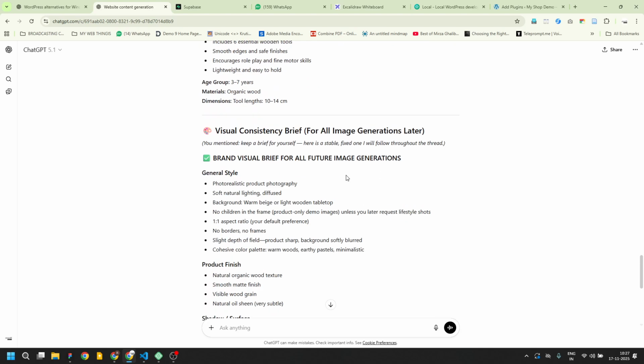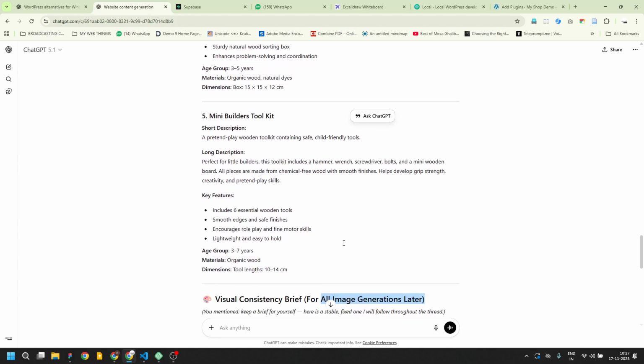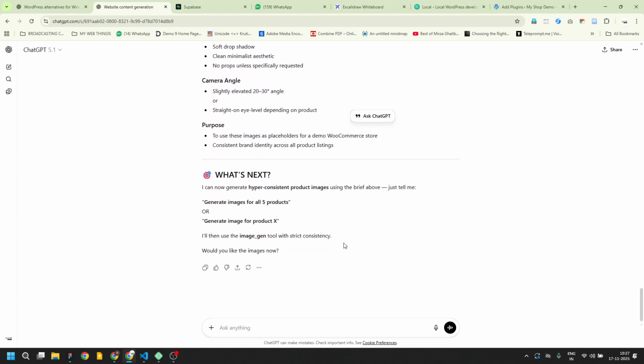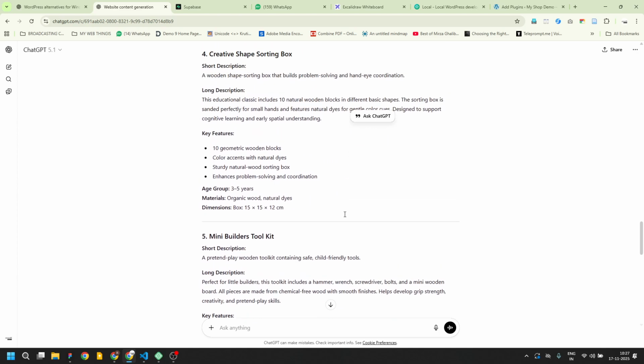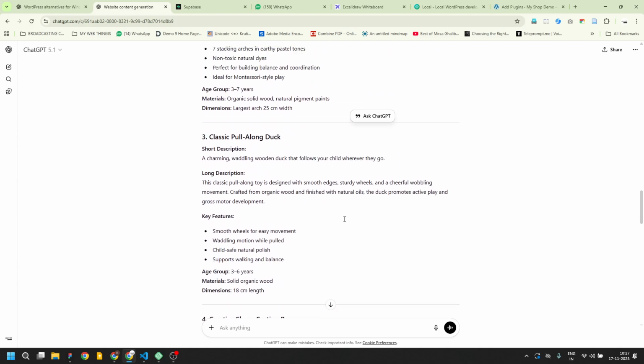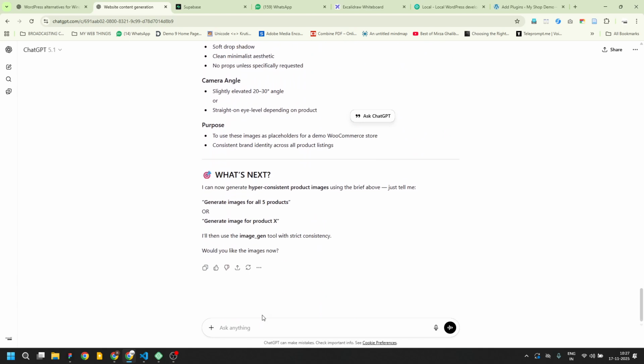Okay, and the good part is it also gives me some brand guidelines for visual consistency for generating all images later, which it is going to utilize for generating the images, right? So I can generate hyper consistent product images. Okay, fine. We'll go through that. No issues. So let me ask it to generate the first image. Generate images for all 5 products. Generate image 1,